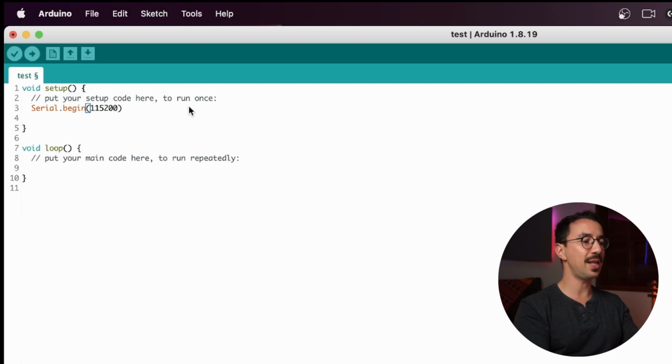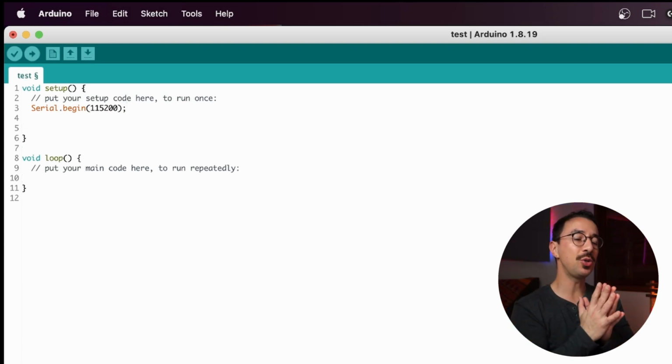I tend to use 115200. And then semicolon. Okay? Semicolons are really important because it's usually how you end things. You type something and then you end with a semicolon. And sometimes you can't find the problem in your code because you forgot a semicolon.